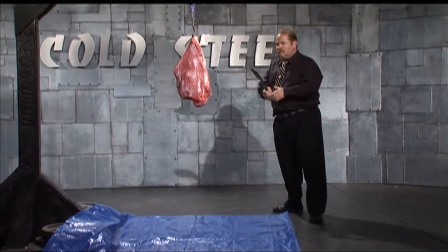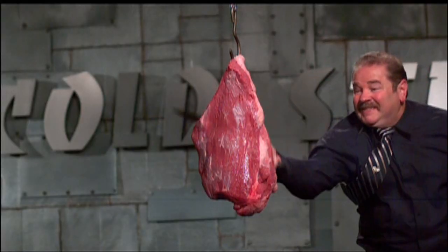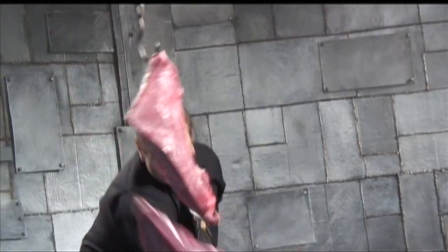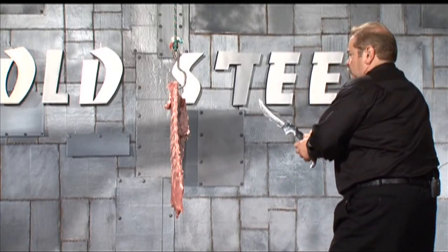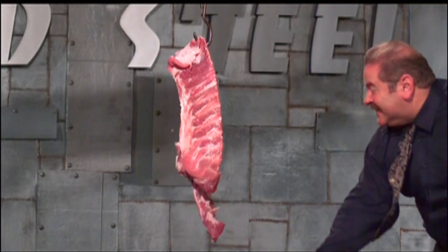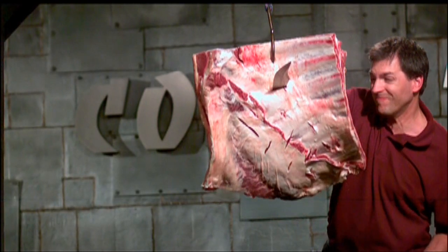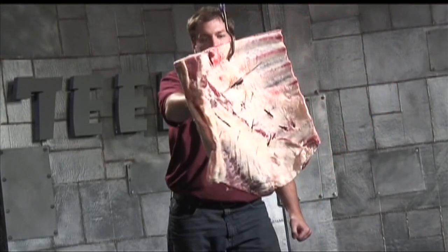Since time immemorial, one of the primary uses of a knife has been to cut meat. Making a deep cut into a block of free-hanging meat and bone is a very realistic, albeit graphic test of a blade's sharpness and cutting power. All meat utilized in this DVD was carefully preserved and donated to the Ventura County Rescue Mission to feed the